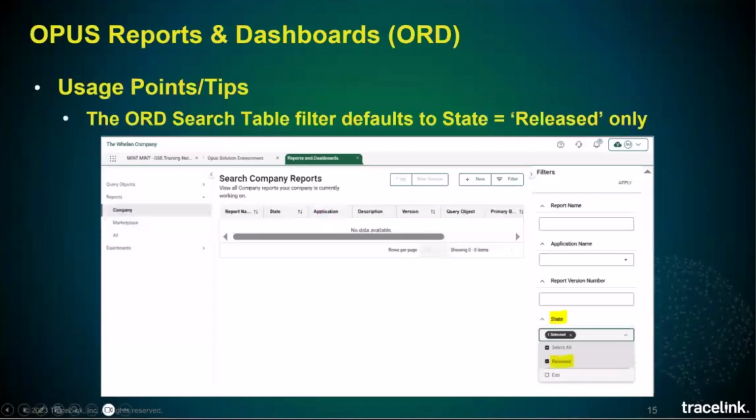All right. Just a couple of things here, from a usage point to be aware of. Basically, in summary, learn from my mistakes, guys. One heads up is that when we display our list of reports,